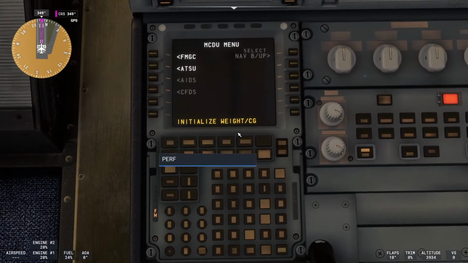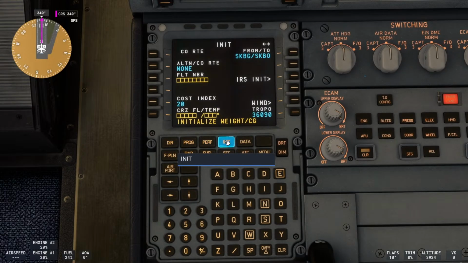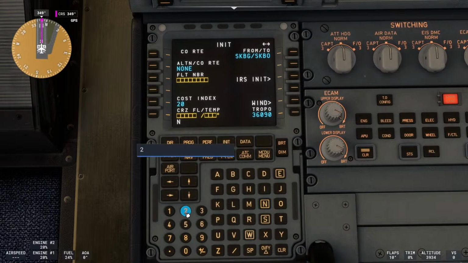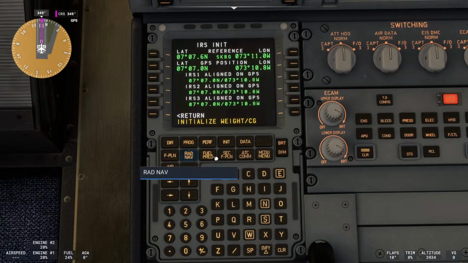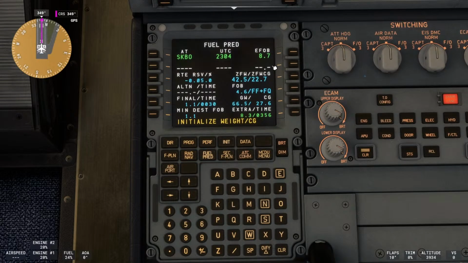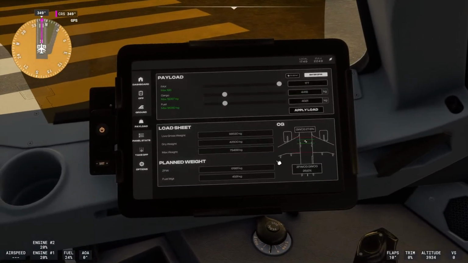Okay, so now let's go to the MCDU, and again we're going to start with INIT, and here in INIT we are going to plug in the number of the flight, which is 2N251 SB. The cost index is 24, and we're going to be doing 24,000 feet of cruise altitude. We put these values here, then we go on to fuel prediction, and we have to check our